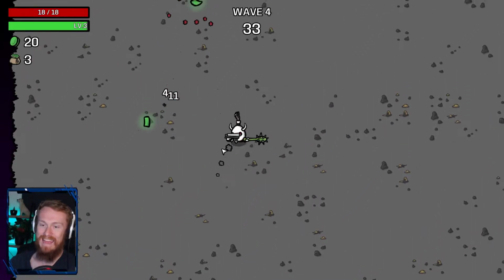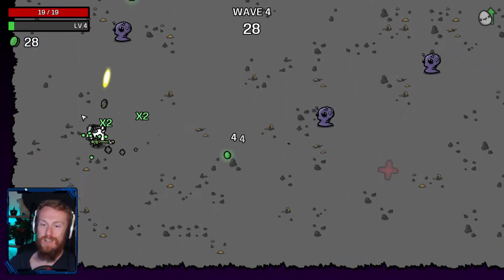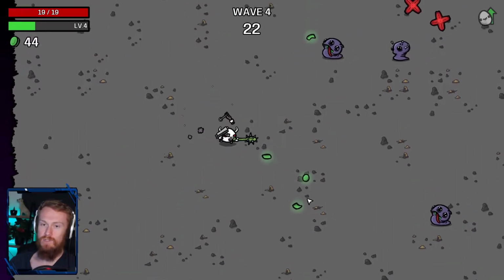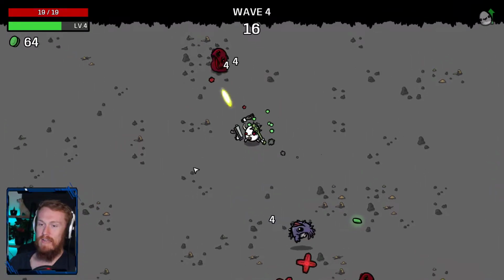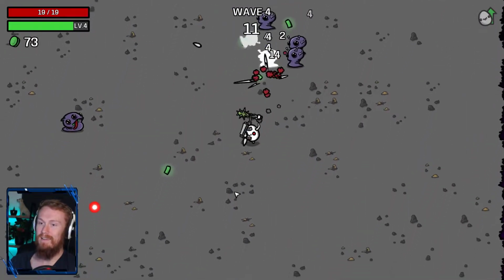Now we've got our 3 hands working. Don't ask how it works, it just does. But as mentioned, you can have up to 6 weapons, so we'll be trying to stack that up a little bit later. The sling does ricochet, so it goes from one to the next, which is also very nice. But honestly, the amount of depth in this game is absolutely insane. There's so much that you can do, so many different paths that you can take,